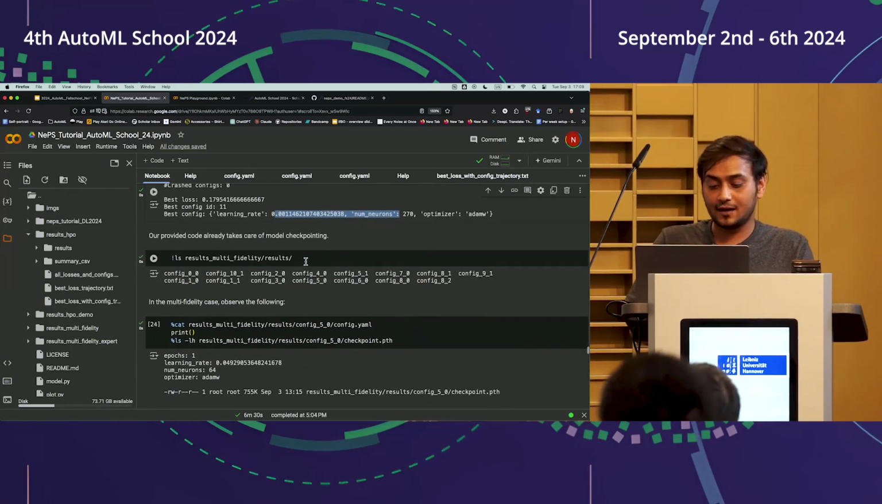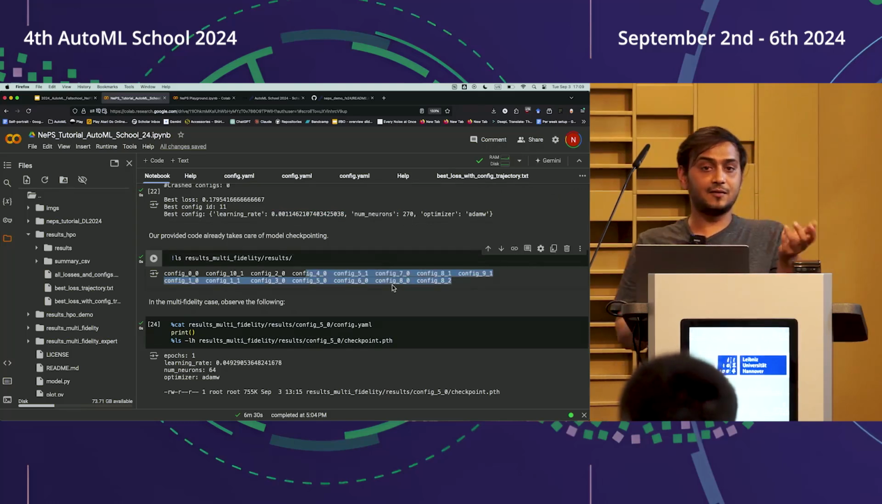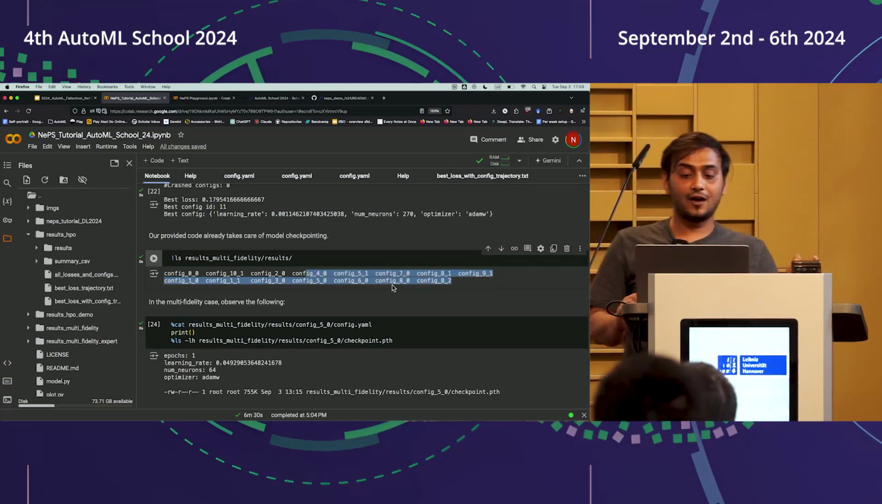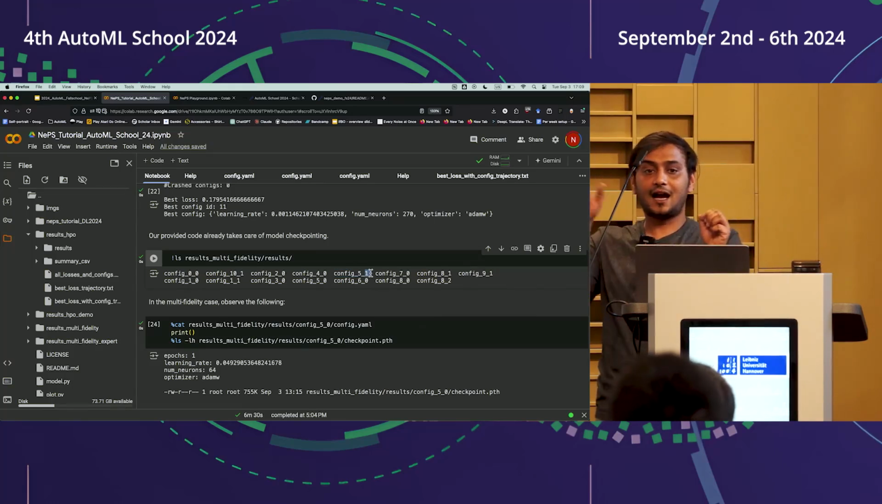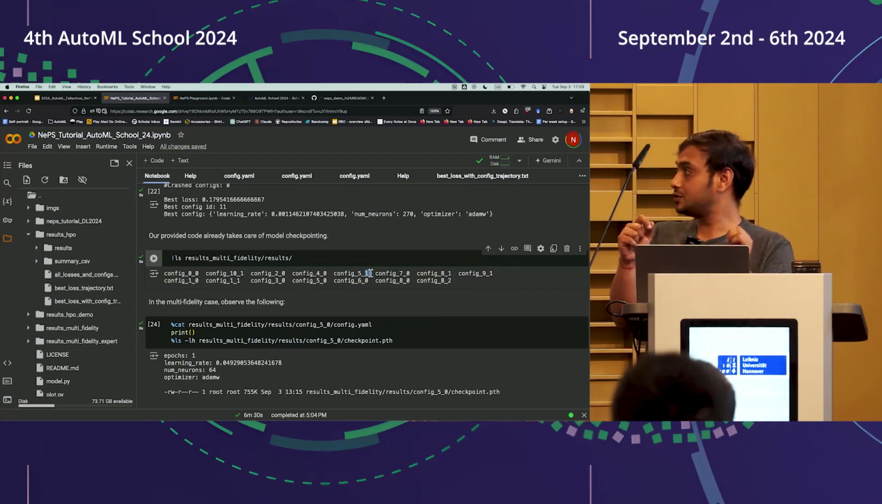And this is to highlight how NEPS is a bit different when it comes to multi-fidelity compared to BO. Earlier for BO, it was like config 4, config 5, but now there is an additional ID, and that kind of points to